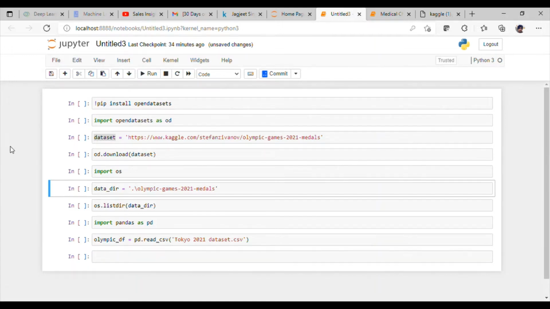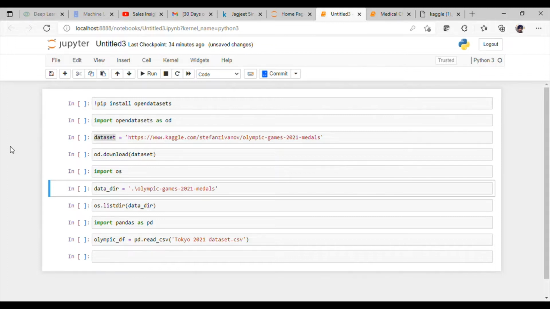So today we are going to learn how to upload any Kaggle dataset directly into your Jupyter notebook, so you don't have to download your dataset and then upload it into the Jupyter notebook. It's a very long task. If the file size is small, then it's okay.